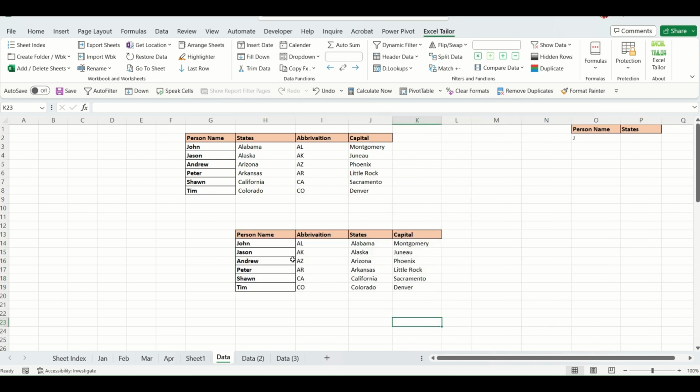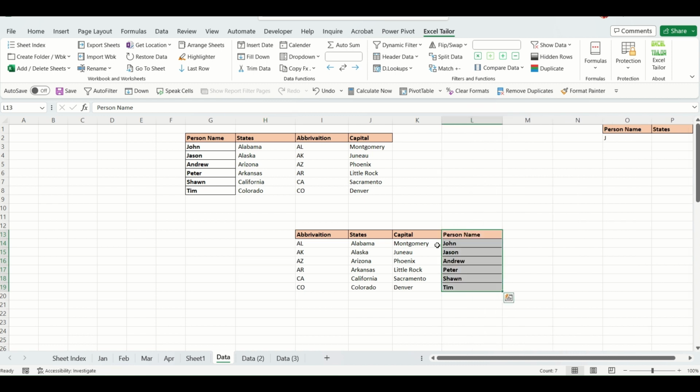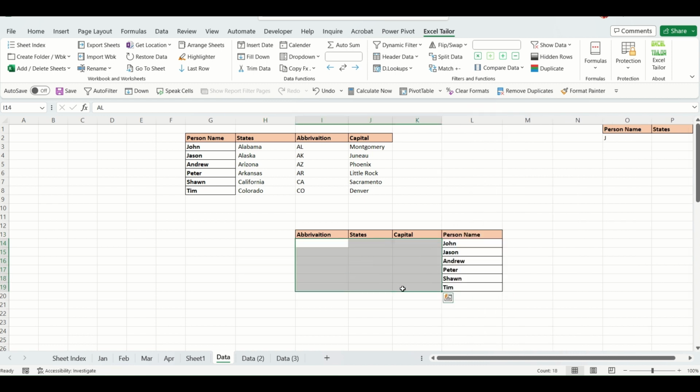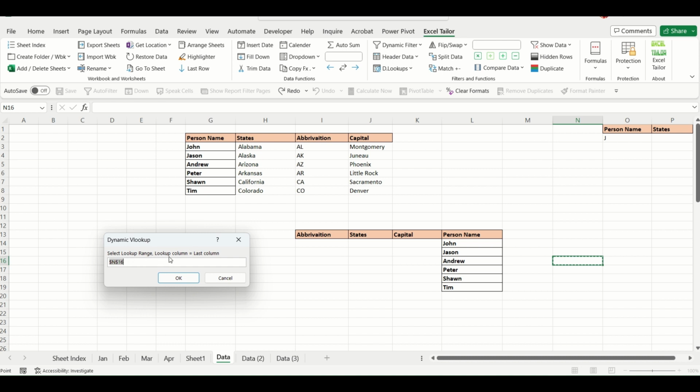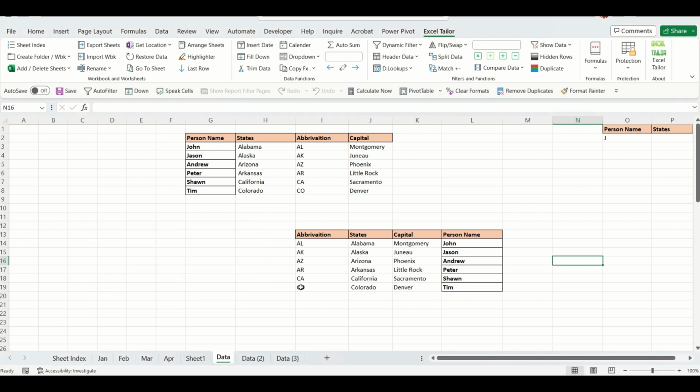Now, what will happen if my lookup value is on the right side of the table, right? In that case, we'll use dynamic lookup right side. Okay, select lookup range. Lookup column should be the last column. So yes, it is our last column. I will select my data like this, click on OK and select source table. So this is my source table, and select destination cell, and this is my destination cell, and I click on OK. So as soon as I click on OK, you can see the data is retrieved over here. Okay,